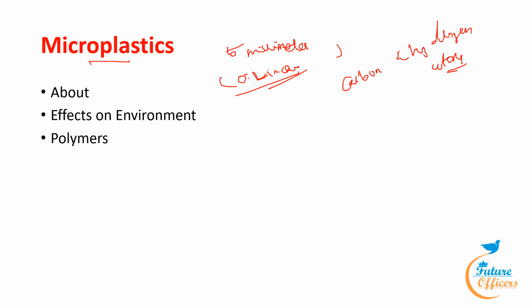There are two categories of microplastics, that is, one is primary microplastics and the other is secondary microplastics. Primary microplastics are tiny particles designed for commercial use such as cosmetics, as well as microfiber shed from clothing and other textiles such as fishing nets. Secondary microplastics are the particles that result from the breakdown of larger plastic items such as water bottles. This breakdown is caused by exposure to environmental factors, mainly the sun's radiation and ocean waves.